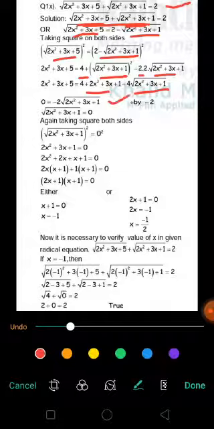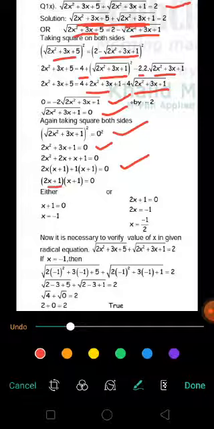So here we have got this equation, and we have simplified it by dividing by 2 on both sides. So 0 equals minus 2 under root 2x square plus 3x plus 1. Now again we have to square both sides, because we need to finish the other under root as well. Squaring both sides would give the result 2x square plus 3x plus 1 equals 0. You can solve this quadratic equation by any of the three methods. Applying factorization and middle term breaking, we get 2x into x plus 1 plus 1 into x plus 1 equals 0.